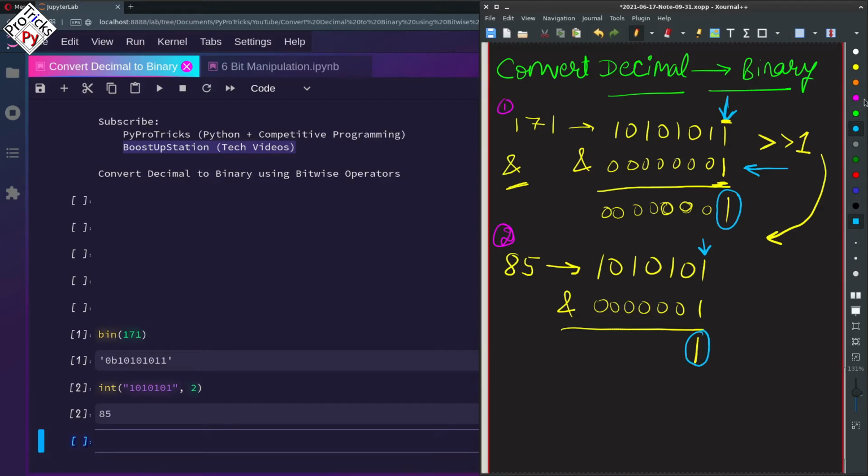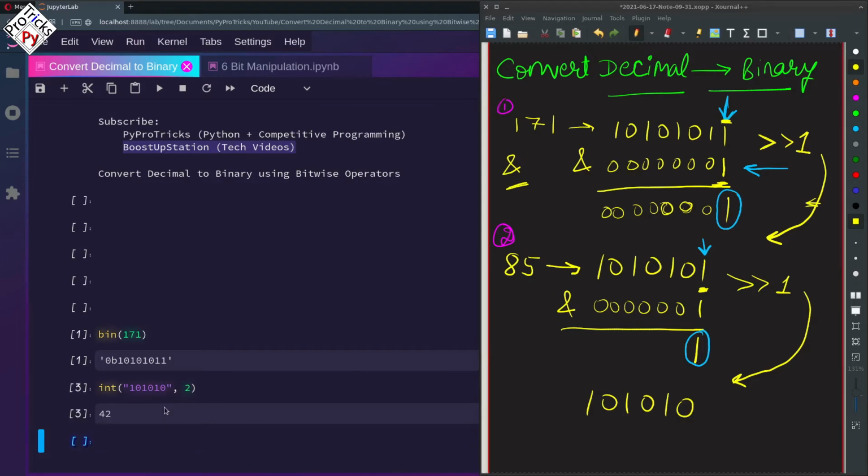Now again we are going to save it, and we right shift it by 1 like we did here, and we get the number 101010. The rightmost 1 will be gone, and this number is 42. So here we get 42, and this is the third iteration we are doing.